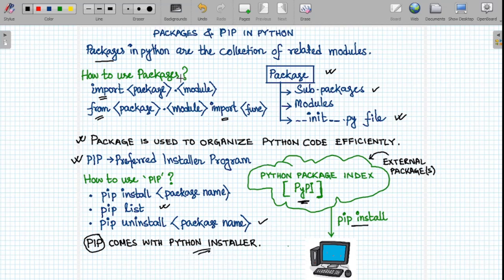So we have understood how to handle the user defined packages in our own code, how to use external packages